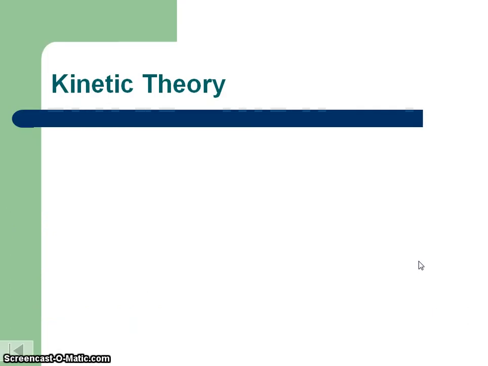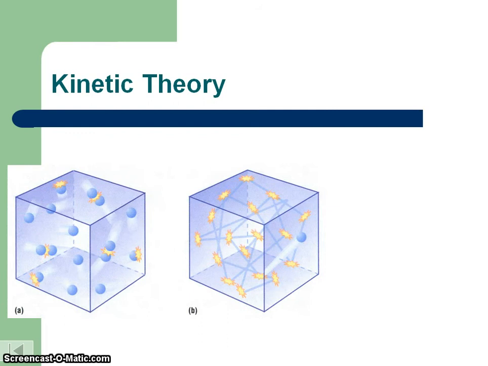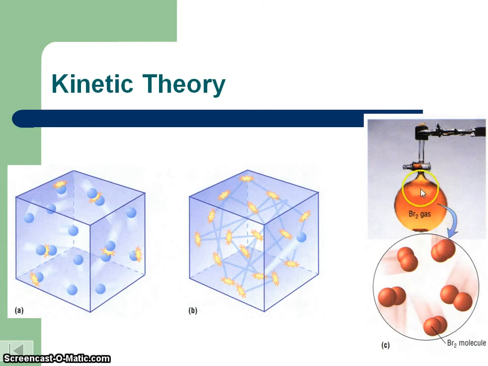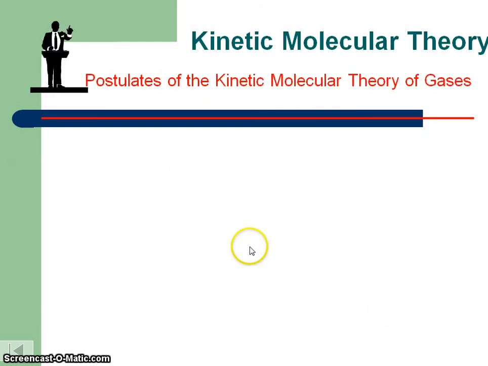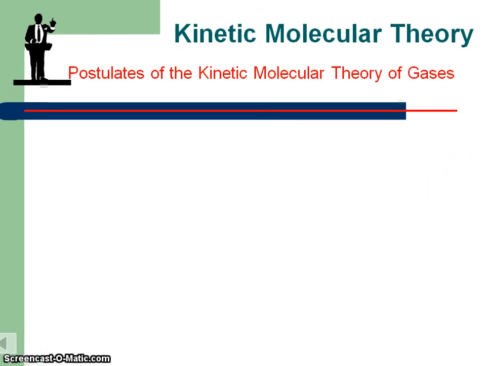Alright, so tonight we're going to worry more about the kinetic theory. Now, I call these the toddler rules, and I'll explain to you why after we explain each one. The kinetic theory basically has to do with how things bump around. If you look in the boxes here, the molecules are colliding with each other and with the sides of the container. Bromine gas, you can see here, doing the same thing. So we have postulates for the molecular kinetic theory. And the postulates are, first,